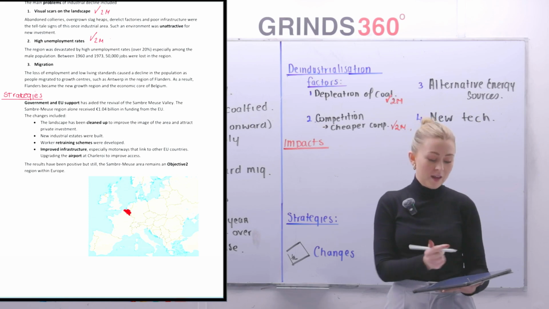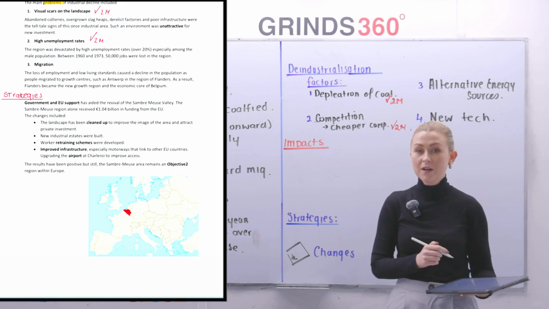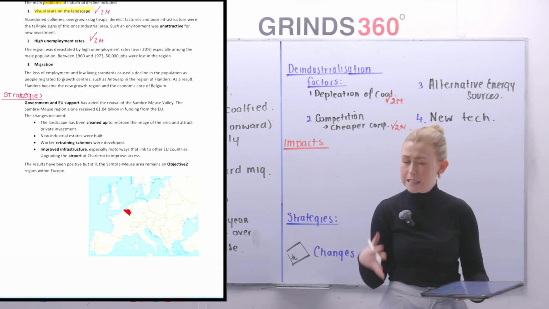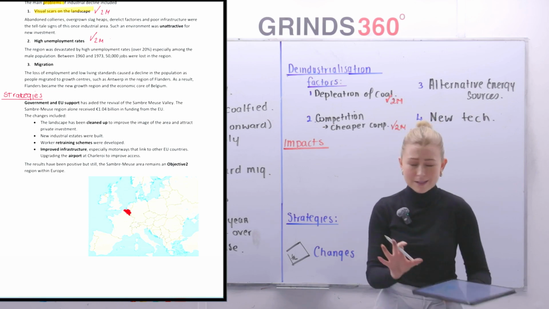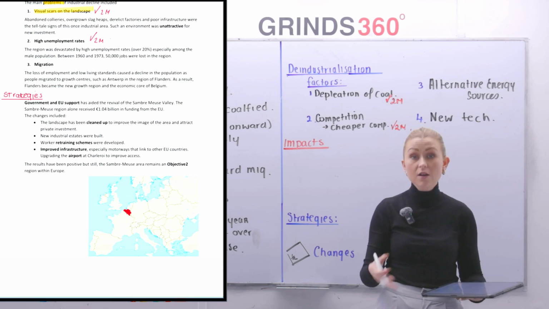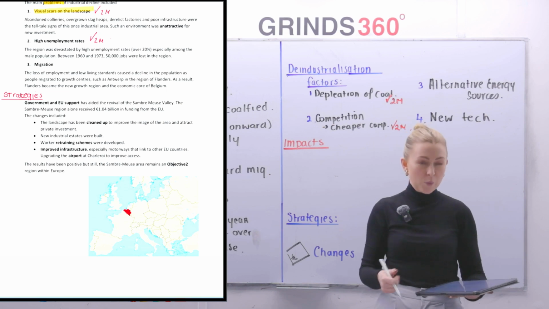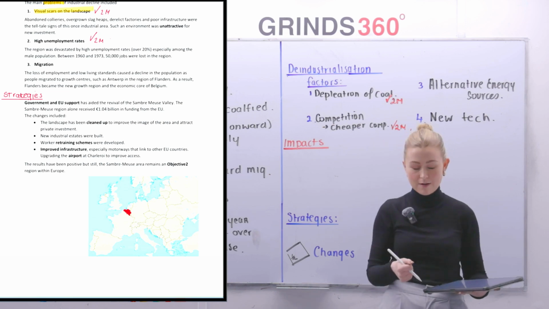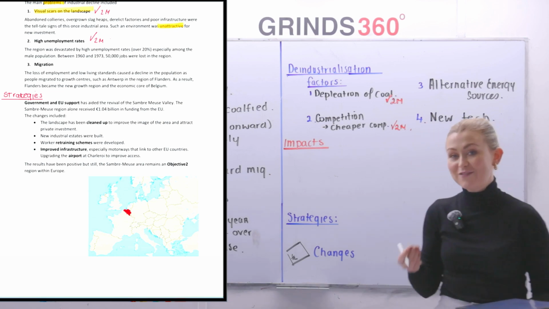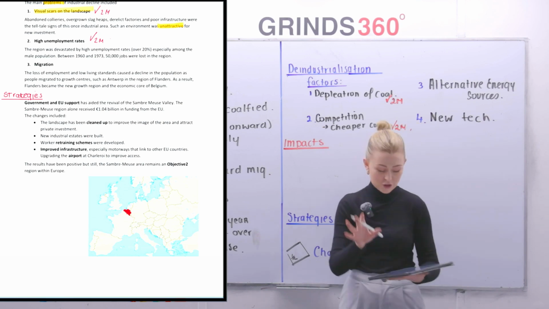Our first problem, the main problems or impacts of the industrial decline in this region included, our first one was visible scars on the landscape. The area didn't look too hectic afterwards, and that's not going to attract any new multinational companies or industries in. Abandoned collieries, overgrown slag heaps, derelict factories, and poor infrastructure were the telltale signs of a once industrial area. Such environments are, highlight that key word, unattractive to new investment. You don't go into an area like that and go, oh God, I'd love my industry and my employees to come here. You just don't.